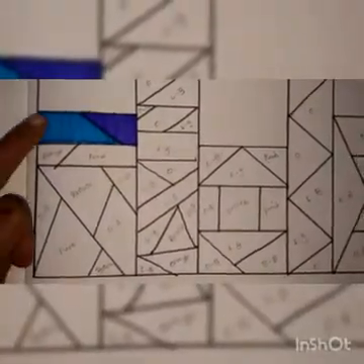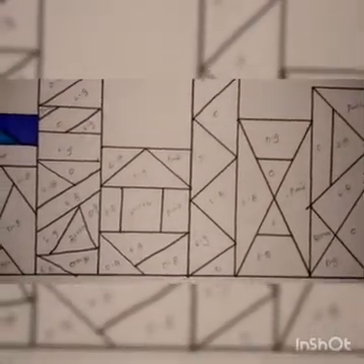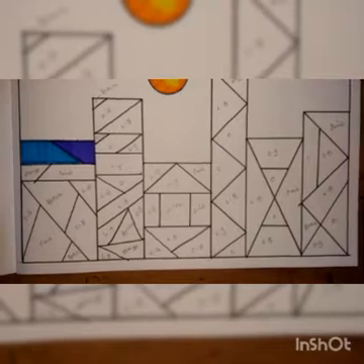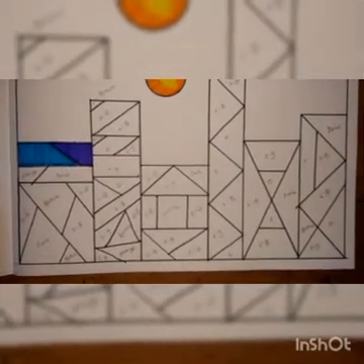Okay. If you are using the straight line, the whole picture you have to complete with the straight line only. Okay children. If you are using the slanting way, you can complete the whole picture with the slanting way. You have to observe that and do according to that. And one more thing, children, while doing the work, if you have any doubt, you can call me at any time and clarify your doubt, children. Okay. Thank you.